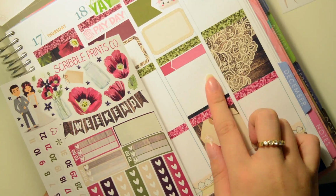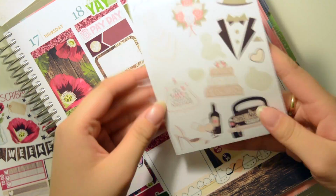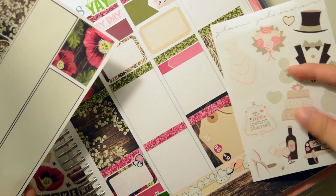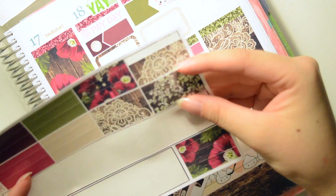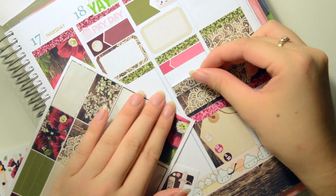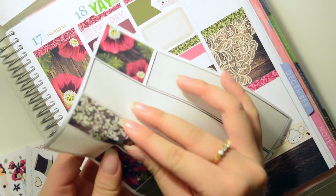At the bottom, you see that tag is a full box, but I actually decided to use the time dots and just put down the times of different things that were happening. So I put a 4 o'clock for the dress rehearsal, 7 o'clock for the ceremony, and an 11:30 for the after party, which I thought was really smart of me to do, especially just because it's on a tag,